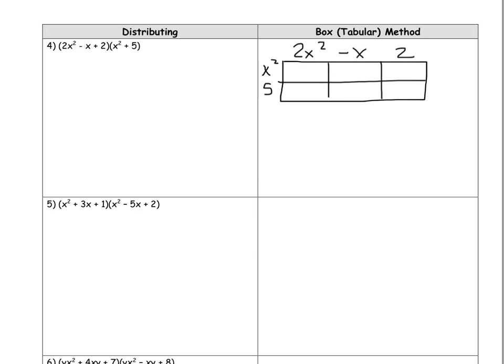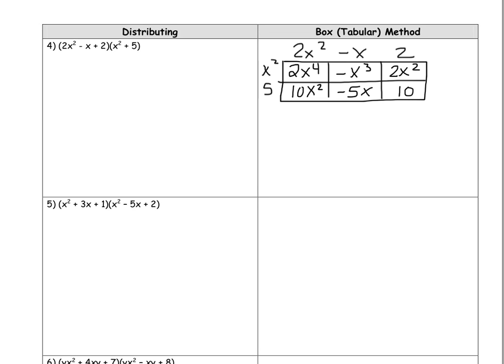So what you're going to do is take x squared and multiply it by 2x squared and put that here. Then do this times this, put it here. This times this, put it here. This times this here. This times this here. This times this here. Pause the video and multiply. Okay, your answer should be 2x to the 4th, negative x to the 3rd, 2x squared, 10x squared, negative 5x,